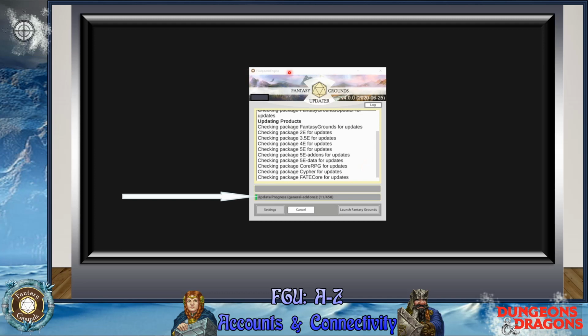If you have a mismatch in the actual client, a lot of things can break during your game. So make sure that everyone is on the same version. And it's very simple. Whenever the host updates, he needs to let the players know. And as players, you need to not update until your game master tells you it's time. Otherwise, when you connect to his table, if you have a fresher copy than he does, potentially it's not going to let you connect or it will corrupt the data. So this is a very common issue with Fantasy Grounds at this moment.